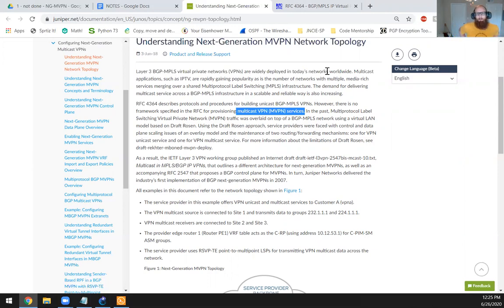Using the draft Rosen approach, service providers were faced with control and data plane scaling issues of an overlay model and the maintenance of two routing/forwarding mechanisms, one for VPN unicast service and one for VPN multicast service. For more information about the limitations of draft Rosen, see